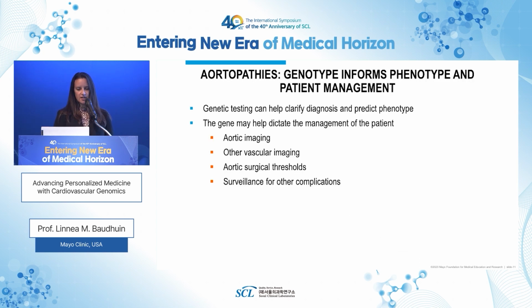So genetic testing, again, can help clarify the diagnosis. It can also predict the phenotype and prognosis, and it may help dictate the management of the patient in terms of aortic imaging and other vascular imaging that might need to take place, aortic surgical thresholds, and surveillance for other